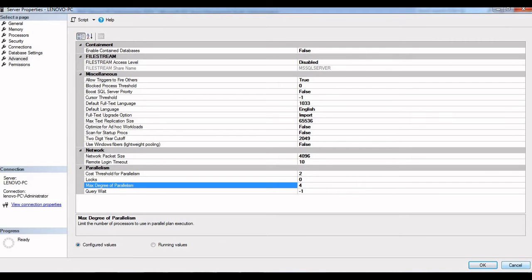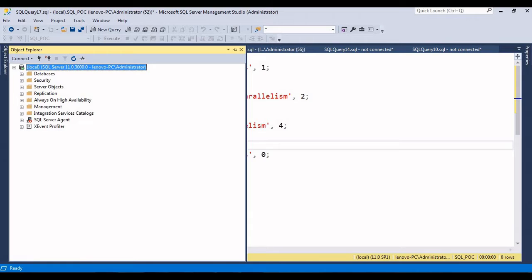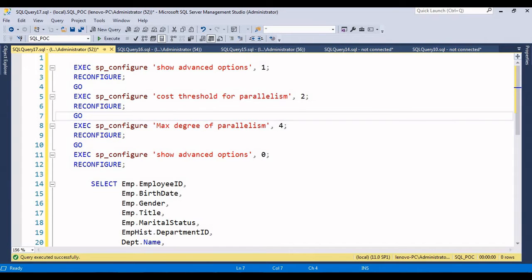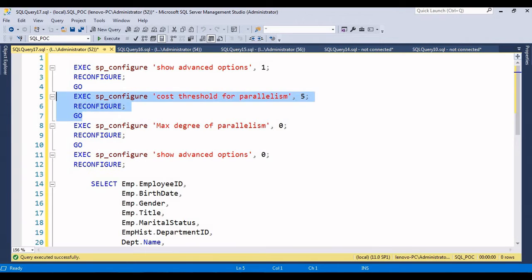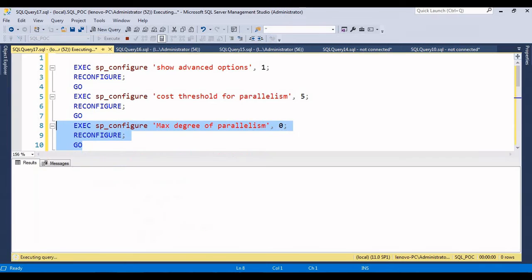And also we'll try to set it back to the default values, 5 and 0. Click and execute. Now it has been changed from 2 to 5, earlier 5 to 2, now it's vice versa. Now I am trying to set 0, the default value, just click and execute.